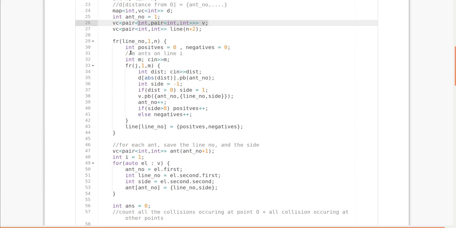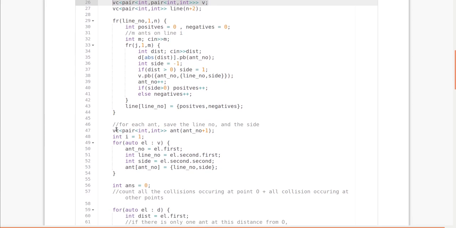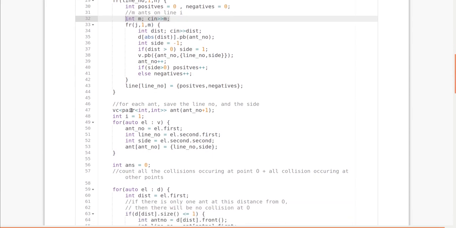They are providing the number of ants at runtime, so I'm temporarily saving information in this vector, and then after I know the size, like this M,